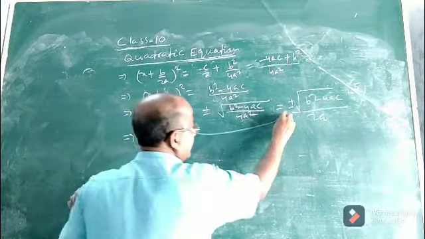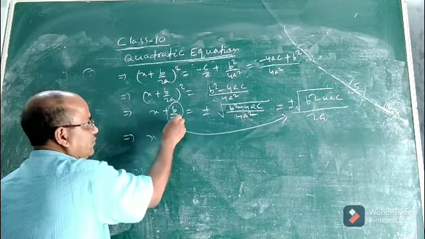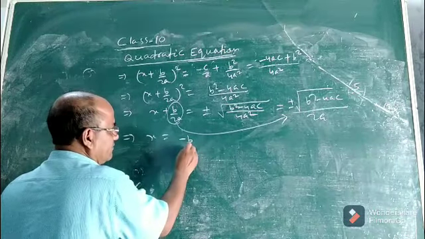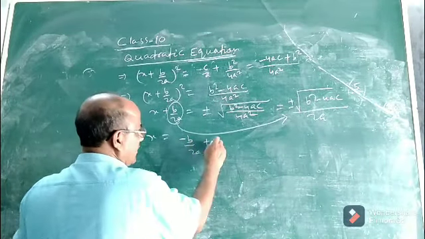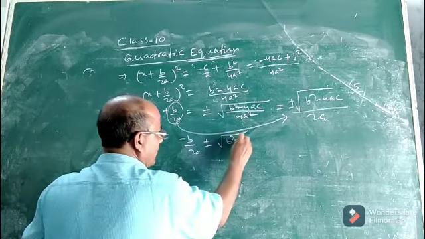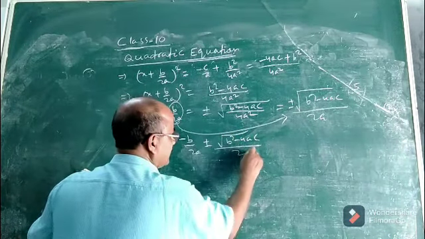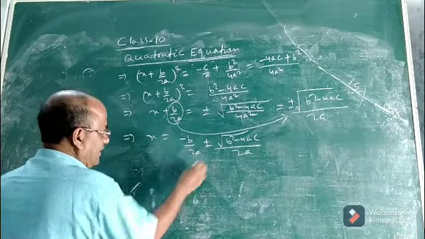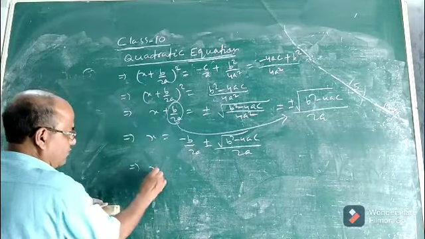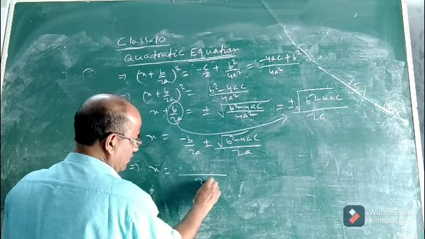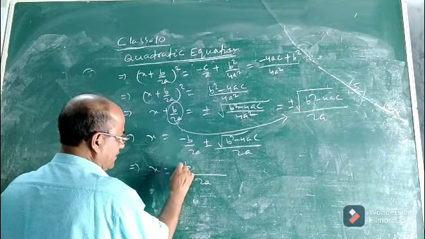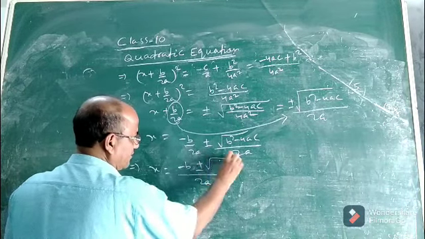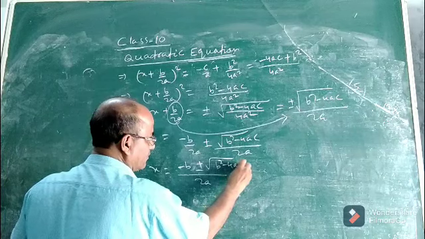So what will be x? Now take b by 2a to the right hand side. Here it is plus. Now it will be minus b by 2a plus minus square root of b square minus 4ac by 2a. See children. Now you can find what are the values of x. Take the LCM. It is very simple. So x will be equal to, take LCM, it will be 2a. So this is minus b plus or minus square root of b square minus 4ac.